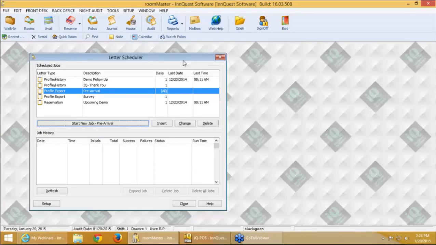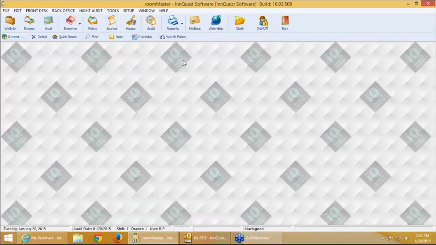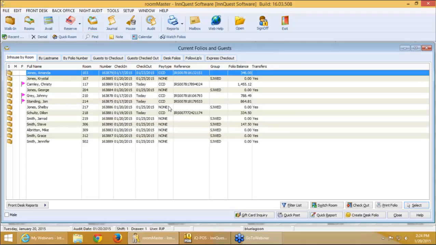Another Premier enhancement that we added is the ability to see transferred and rerouted charges. This is something that came up as a big request during our users conference, and I got the chance to add it. We did it with Premier Edition simply because we could only do it with the Premier Edition because of the database. So if I go to this particular folio,